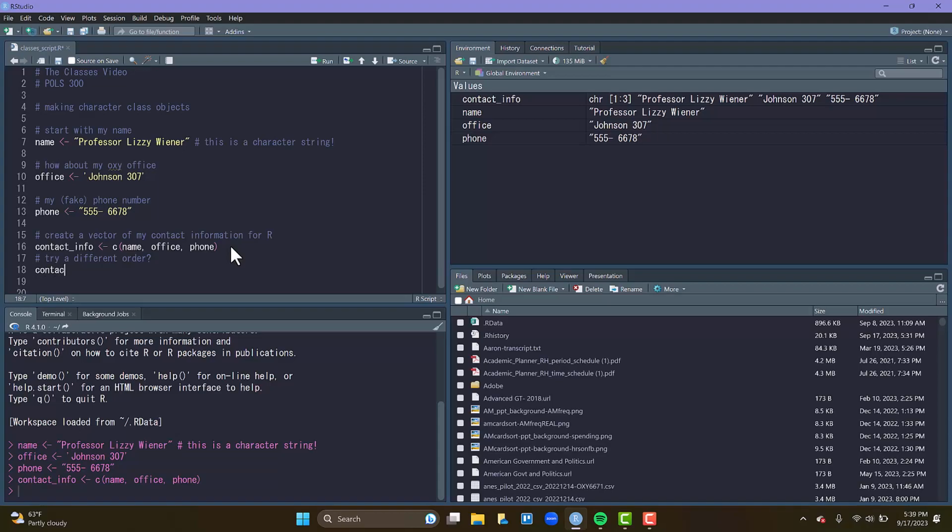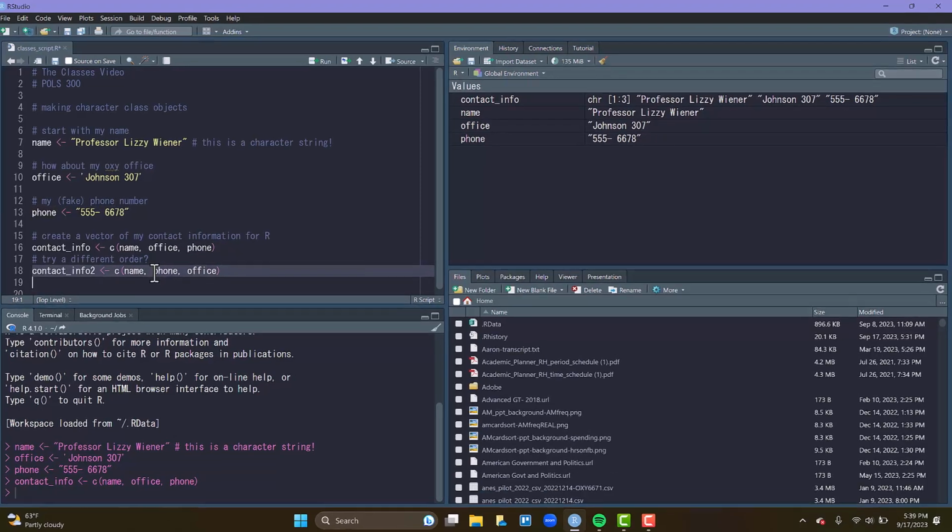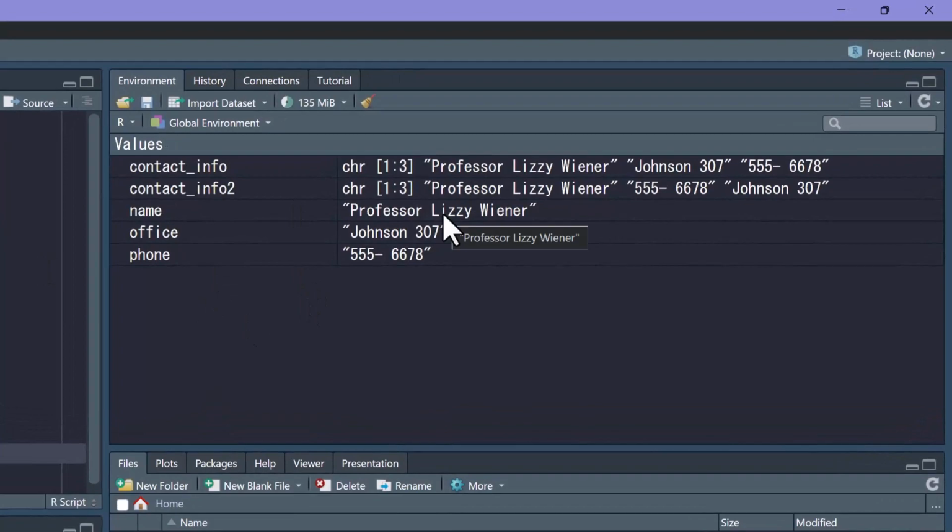I'll say contact info 2, right? Just for comparison, create my arrow, use my C again, make the parentheses to tell it what to combine, and I'll say name, phone, office this time. Run it, control enter, and now you see as it shows up here on 2, it's still a character object,